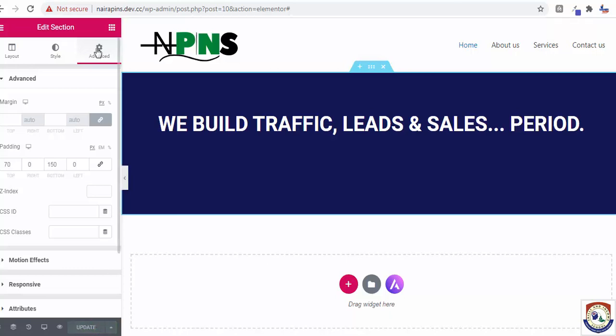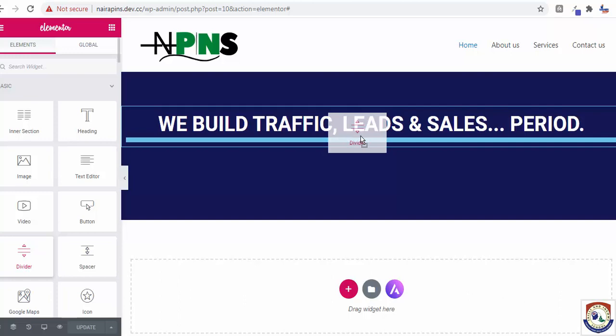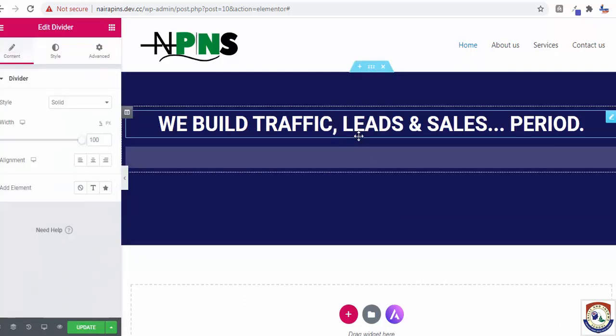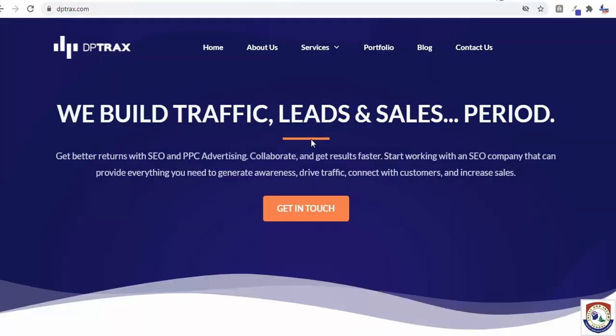Okay. Now in the same vein, I told you, if you want to go back to the element section, you go back, and the next one is divider. Can you see this divider? So you drag this divider and you place it right below this content. Okay. So can you see, you place it, you can see the divider is like an orange color. So let's pick this color. Let's pick this color code.